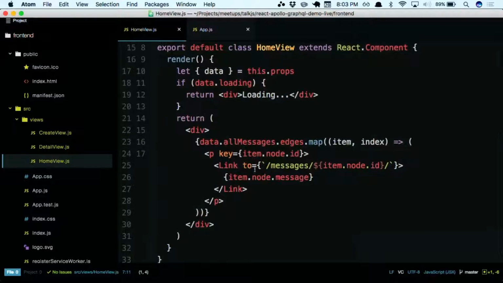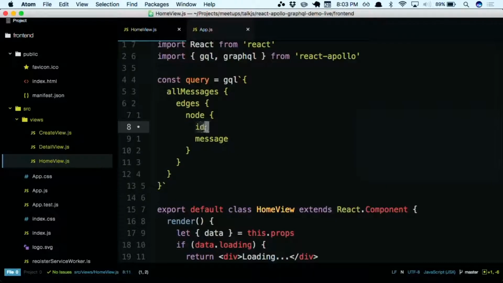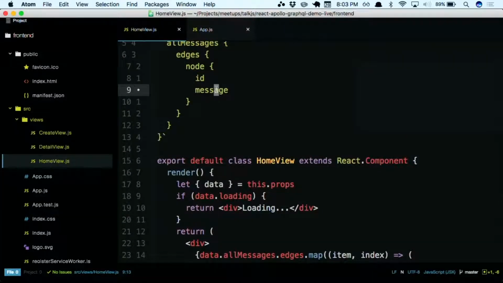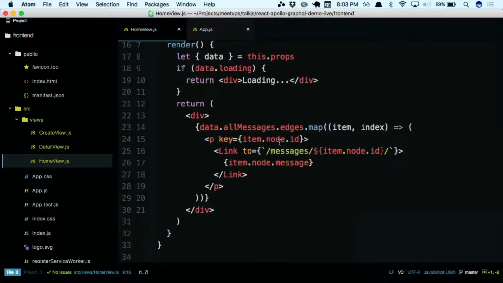So I will have to do item.node.id. So this ID is basically the data that I have requested, right? And this message down here is also the data that I have requested in my query. All right? So hopefully,